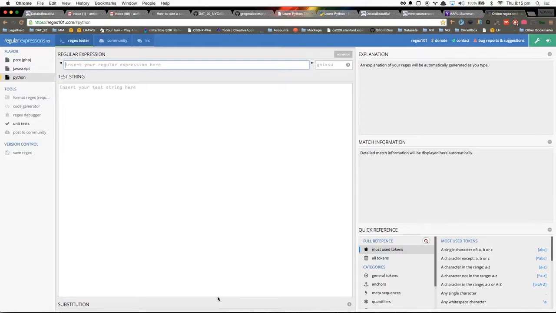In other words, a substring of the text body that matches that pattern. I'll give an example.